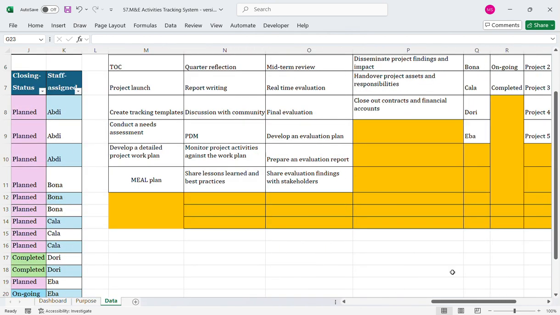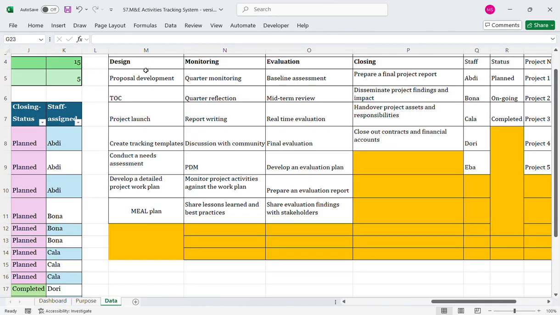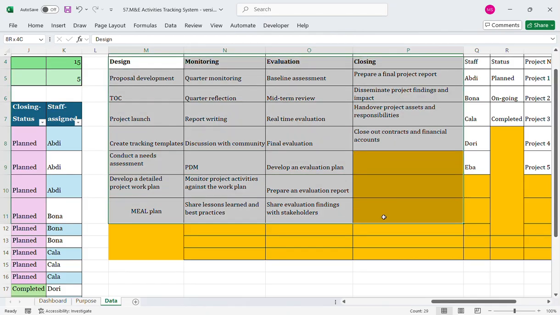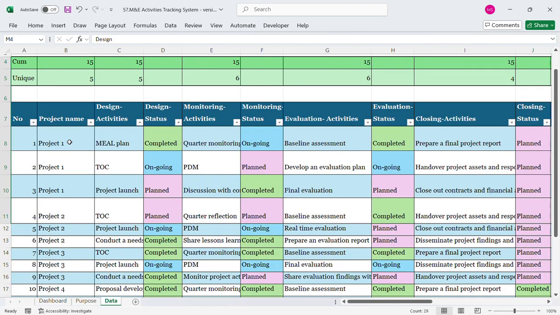And as I have said, the first thing is you have to fill this section as a support column. Then everything will be just displayed here in the data tracking